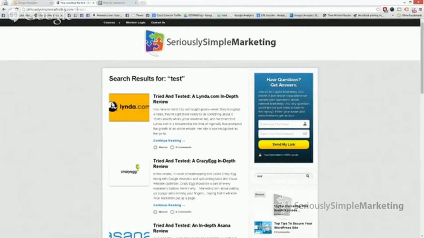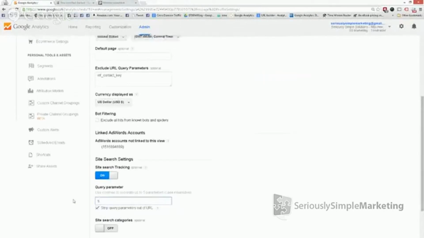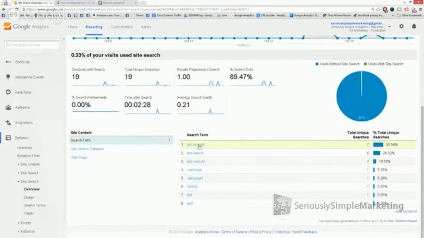So whatever your site shows there. If it's, you know, search equals, then search would be the parameter. You put in the parameter there, and then we just strip it out. We make sure it doesn't show in the Google results because we don't really need that to happen. So we strip it out. But once you've done that, that's what will actually bring data into this report.